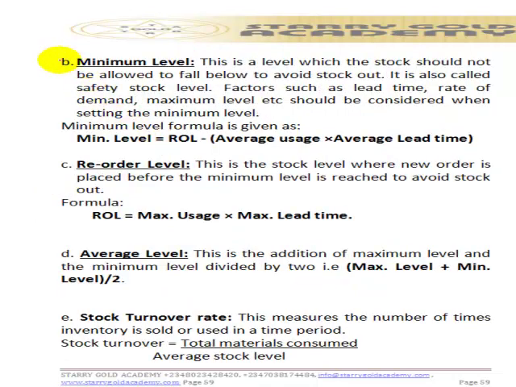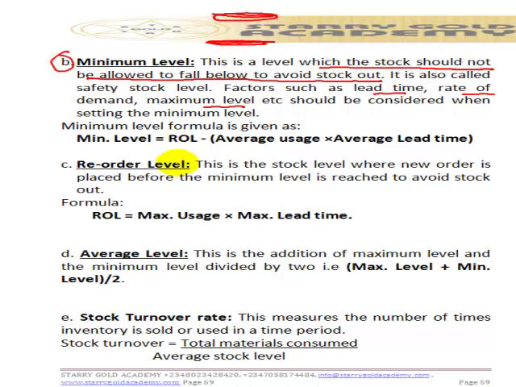We have another one which is known as the minimum level. This is the level which the stock should not be allowed to fall below to avoid stock out. It is also called safety stock level. Factors such as lead time, rate of demand, maximum level, etc. should be considered when setting the minimum level. So that means minimum is the least that can be held, maximum is the highest that can be held, and